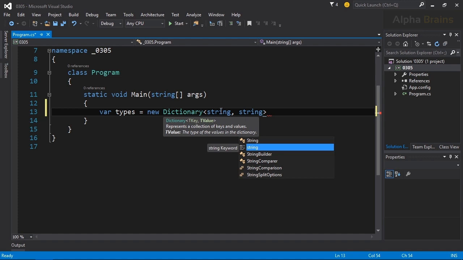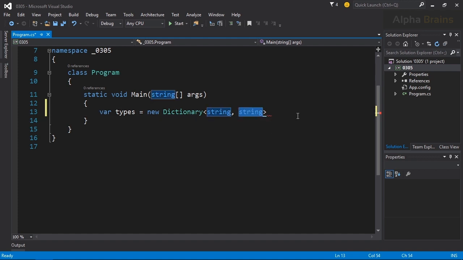The first type parameter is for the key. The second type parameter is for the value. Now, whenever you create a dictionary, you can just new up the constructor and you will have an empty dictionary. However, if you want to pre-populate it with a set of key value pairs, you can use one of two